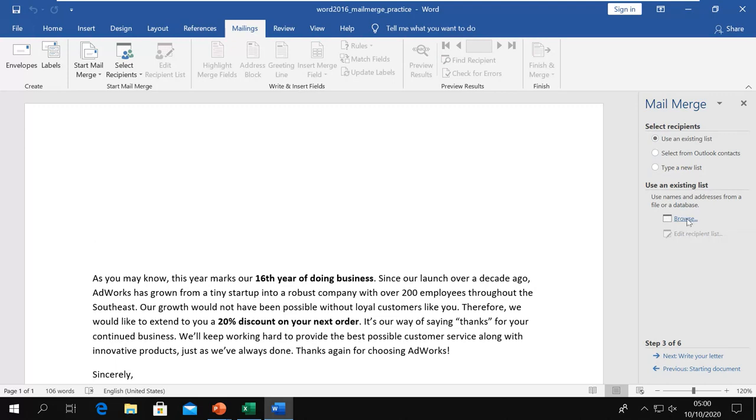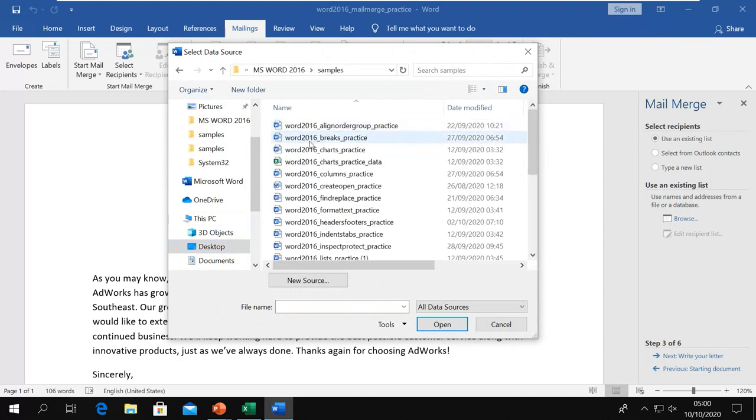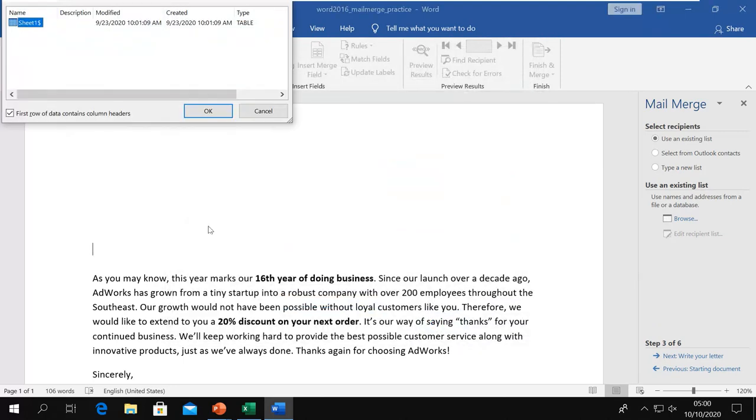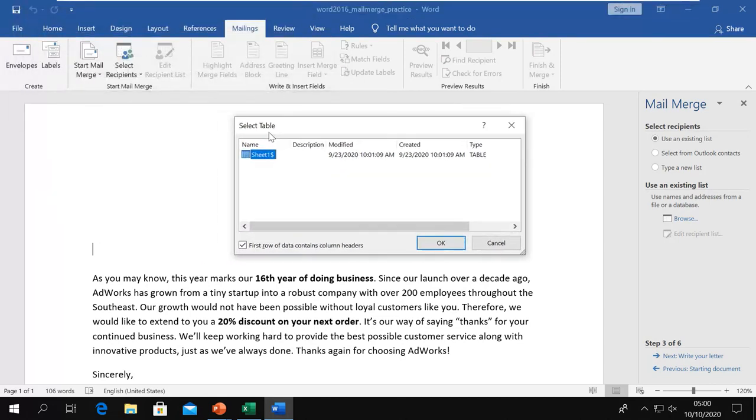So I go and browse my file. I have a file on desktop. When I select the file, it opens here showing what the file contains.